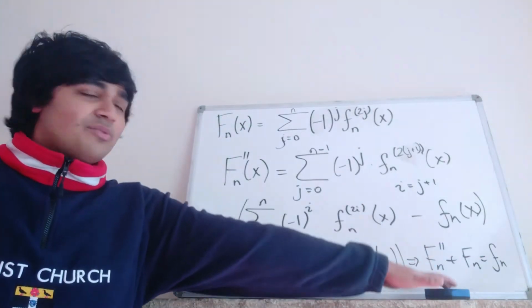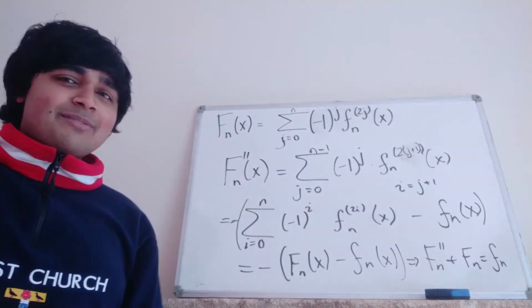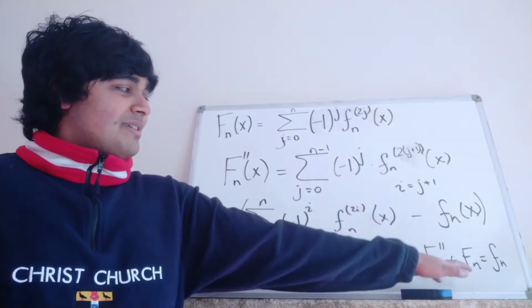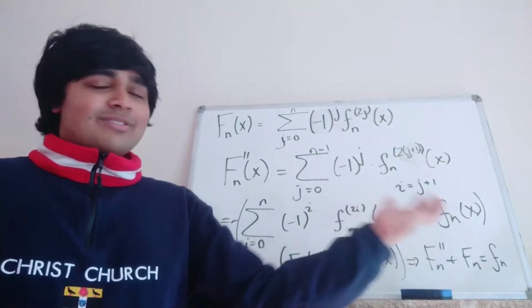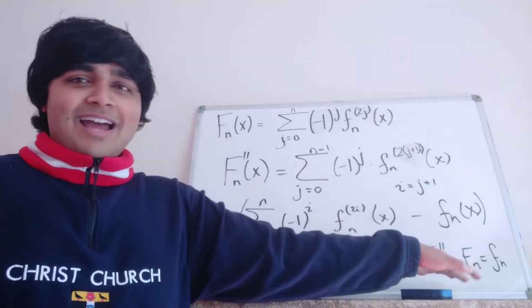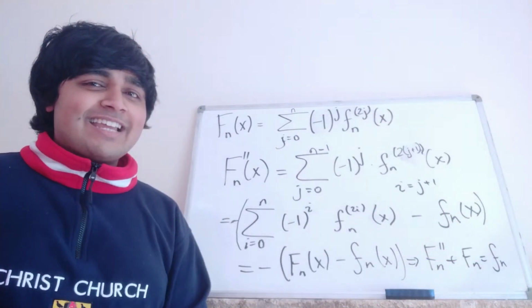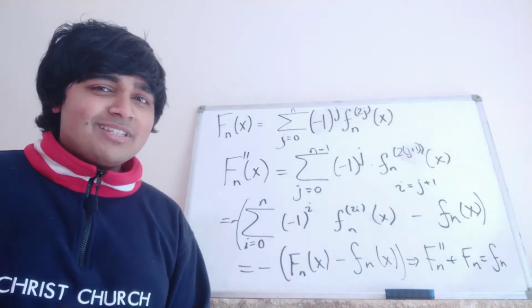Okay, so it looks a little bit like a second order differential equation, and if you think about this, we've got the second derivative of something plus that something equals something else, and if you've done any second order differential equations before, you can see that perhaps a sine x, cosine x, something like that is going to pop out of this, as we'll see in just a second. Let me clean up the whiteboard and we'll continue.